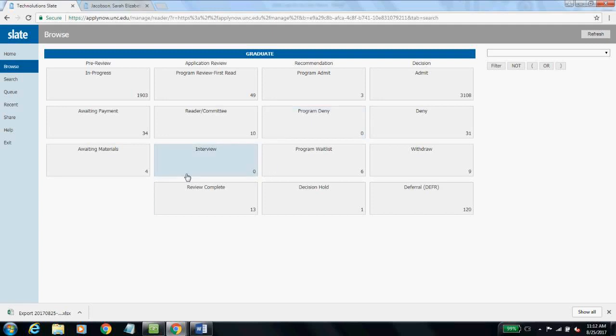Again, we have a lot of information available about different options for using the Slate Reader. You are required to use the reader as a program user, student services manager, to at the very least let the graduate school know which action should be taken on an application. Otherwise, how you use the reader is completely at the program's discretion. You can use it in multiple different ways, and we have lots of documentation that can outline that, and we will have additional trainings on the reader as well. We will exit the reader,